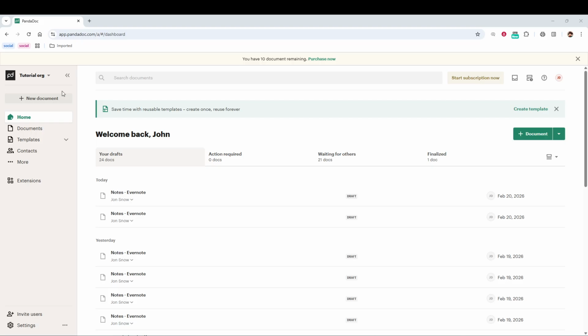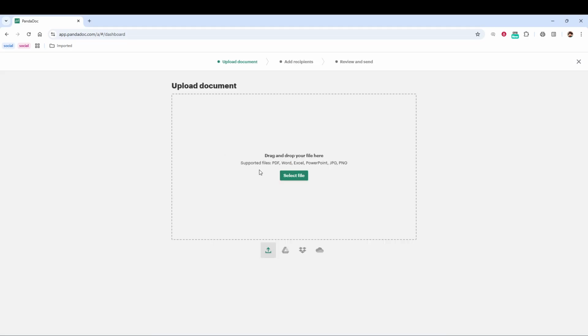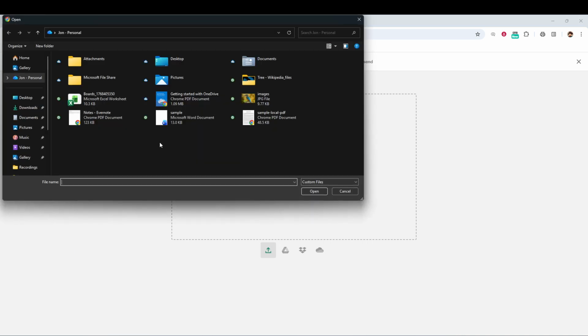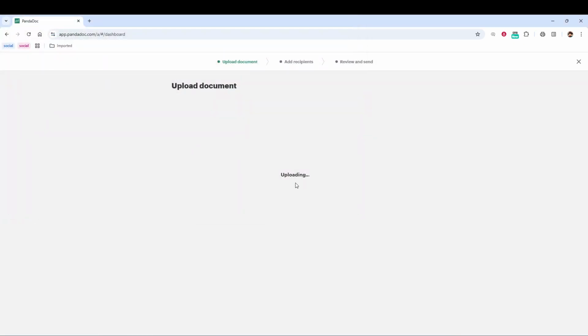First, start in your Pandadoc dashboard. To create a new contract, look for the button that says New Document. Go ahead and click that. From the options that appear, choose Select File. This lets you upload an existing contract file, like a PDF or Word document, that you've already prepared. Once you select your file from your computer, Pandadoc will load it into the editor so you can start customizing